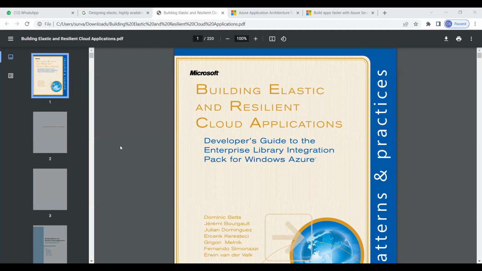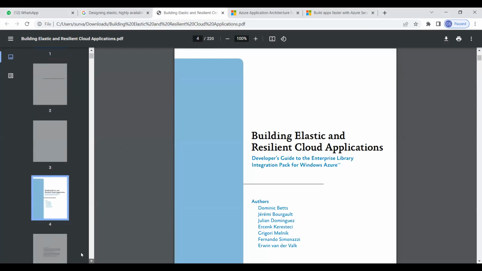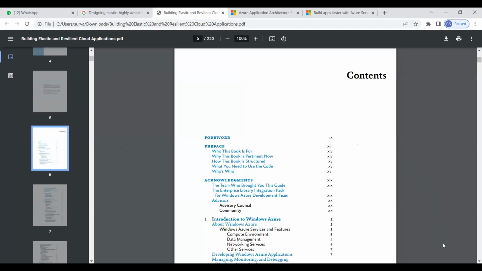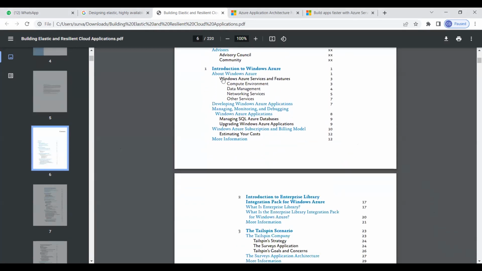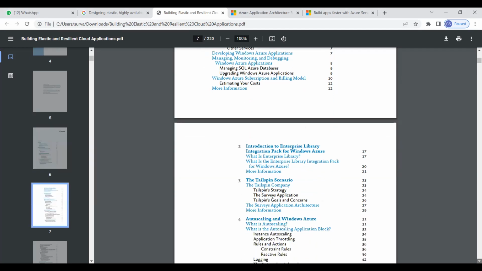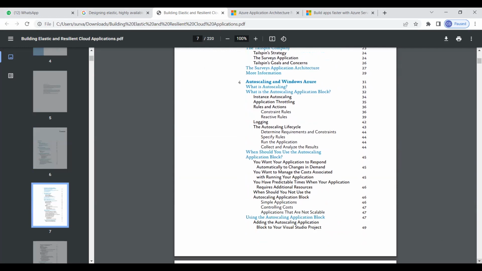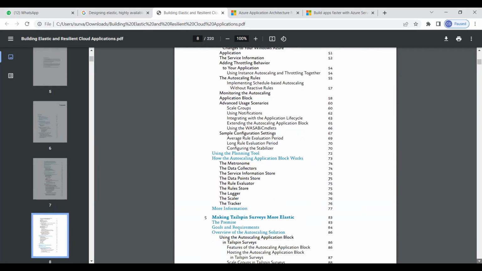If you want to go into the details, it covers the introduction to Windows Azure, developing Windows Azure applications, managing, monitoring and debugging, then the introduction to the Enterprise Library Integration Pack for Azure, auto scaling and Windows Azure. What auto scaling is, the details of it will be covered.